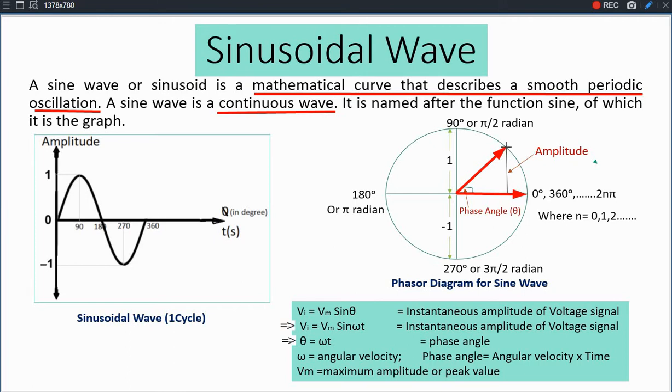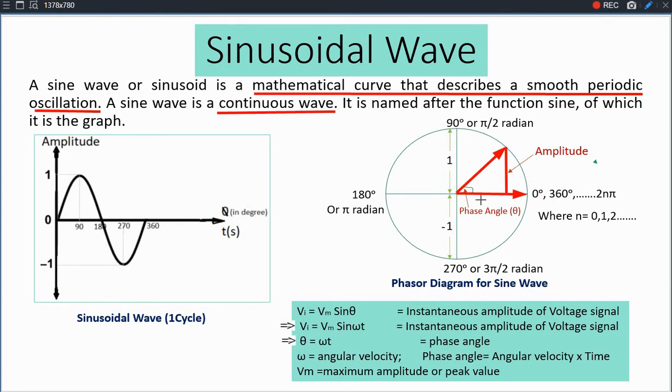So at this instant, the vertical line is showing the actual instantaneous magnitude of that sine theta value. Okay, so this amplitude is showing the actual, or you can say the instantaneous value, while for this hypotenuse, you may be able to watch that this is a right angle triangle. So this hypotenuse has the maximum length, and this will have the maximum amplitude for that signal.